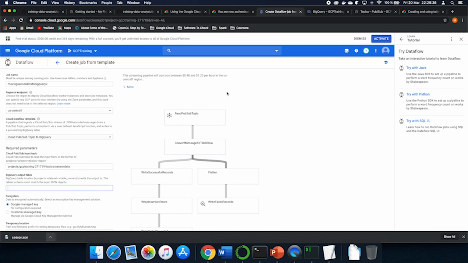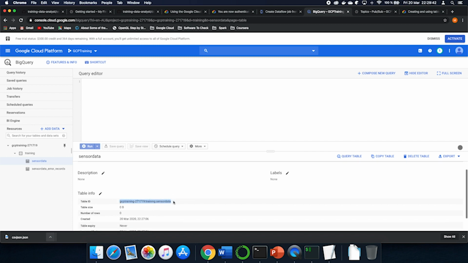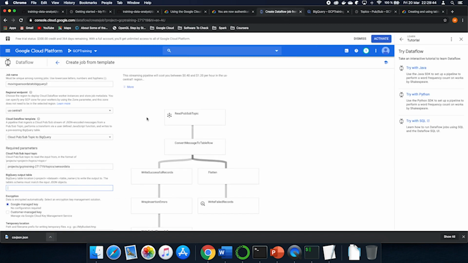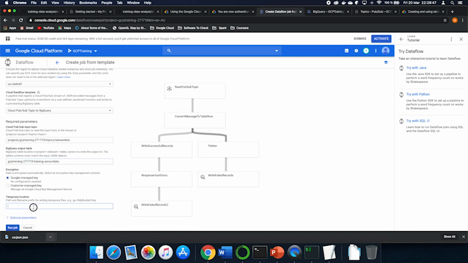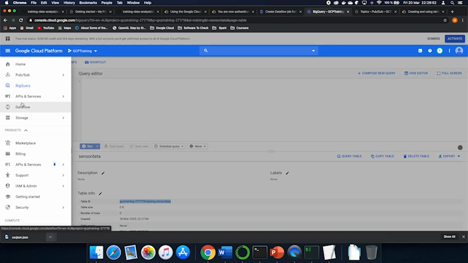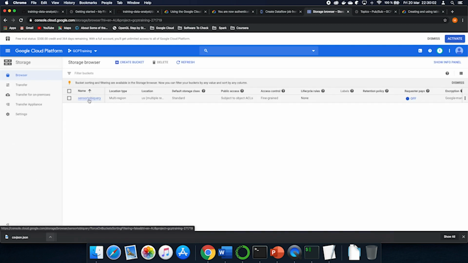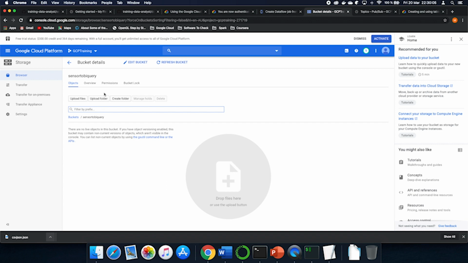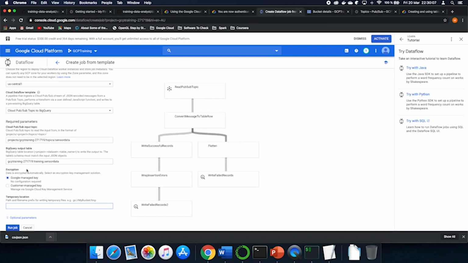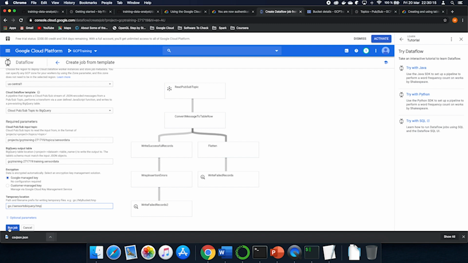We are going to get again the ID of the table. And again we are going to get our storage. And let's run it again.